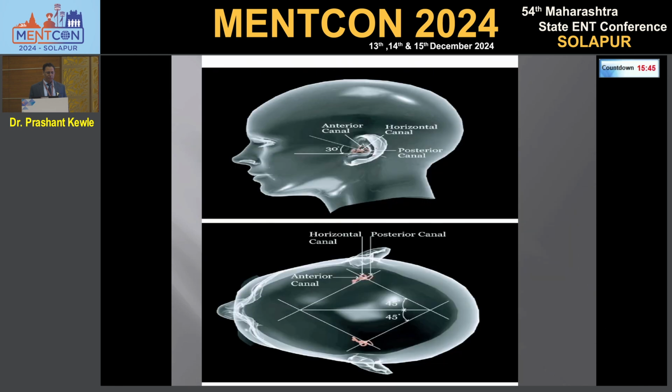First is to get orientation. We cannot move the particle unless the canal is in the vertical plane. So we understand that the posterior canal is at 45 degrees and the anterior canal is just 15 degrees. The lateral canal is like this, but it is tilted up at a minimal angle. So before doing the maneuvers or even the examination, we have to get the canal aligned. So how do we do it? So this is how the canal is there.